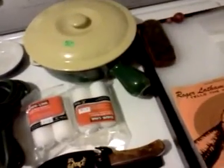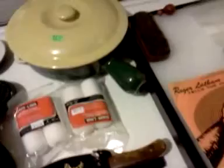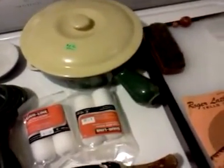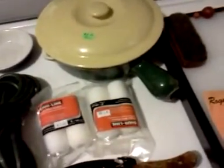I have to say, I was kind of surprised at some of the prices on some of the stuff. Some of the stuff was just a bit higher in price than what I would expect at a flea market. But anyways,